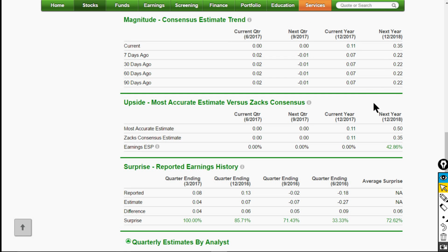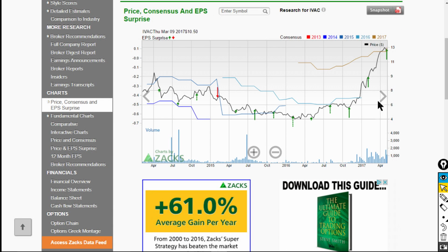That's a 20% move. We can see the earnings estimates have moved up from 7 cents 7 days ago to 11 cents right now. 22 cents for next year, moving up to 35 cents. That's a big jump, and a very large implied earnings growth rate there of more than 300%. Could triple. This 11 cents could triple, and it's still not 35 cents. We can see the earnings estimates. The beats have come in very strong here. 72% average positive surprise over the last year, and when we stretch out that map or that chart, we can see that there have been